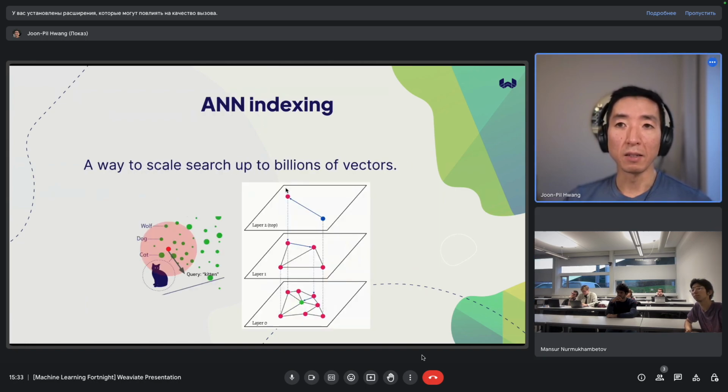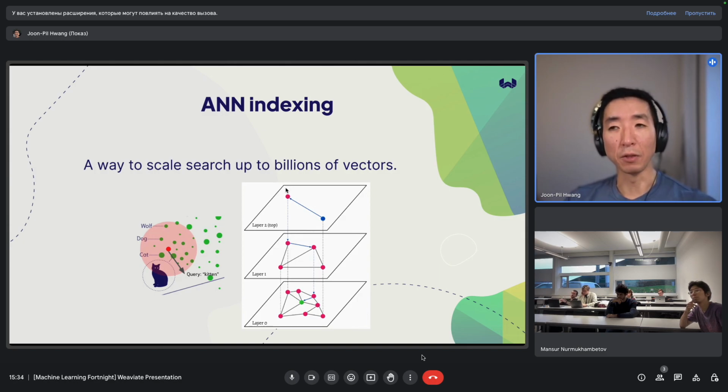And what that does is, at least in our case, there are a number of different ANN algorithms available. The one that we use in our software Weaviate is called HNSW, Hierarchical Navigable Small World, I believe is what it stands for. And basically, it indexes your vectors so that you build these layers of simplified representation of the vector set, so that it makes traversing through the vector space faster by not having to compare as many points at the higher layers.